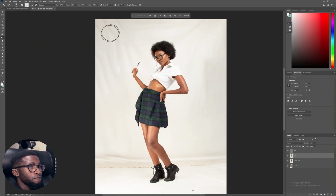And make sure at the top here, make sure your sample all layers symbol is not touching. Make sure the sample all layers option is unchecked, okay? So that what you are brushing won't take pixels from all the layers, from the high frequency and the low frequency at the same time. Make sure it's only sampling the low frequency. And this is by what? By unchecking sample all layers so that you can only work on what you are working on, which is low frequency. Okay, then you start brushing,